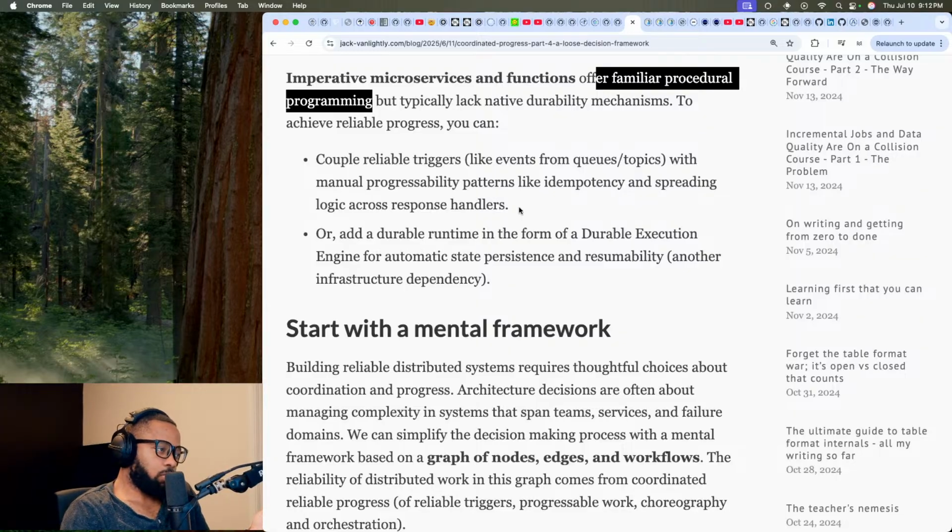Or add a durable runtime in the form of a durable execution engine for automatic state persistence and resumability. Again, just encapsulating or wrapping your code in a bubble where it handles all the non-determinism.